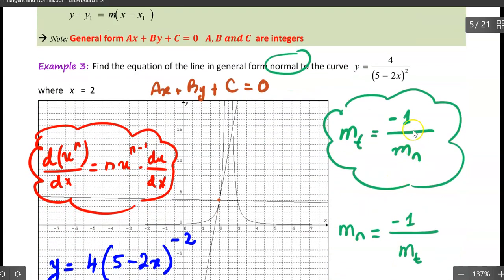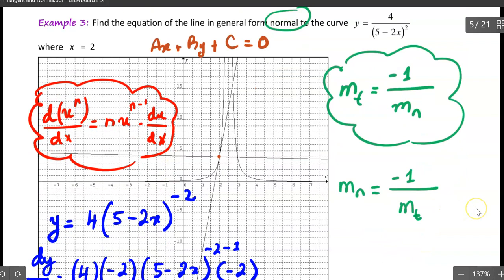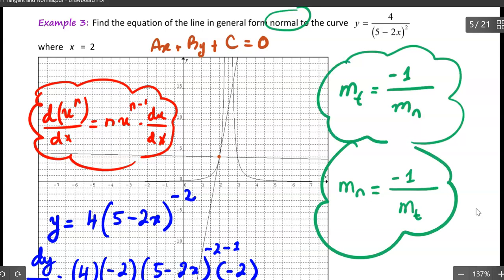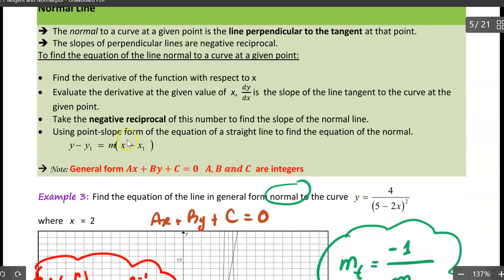Then you have to apply the negative reciprocal, excuse me, you have to apply these formulas here, like the negative reciprocal, to find the correct slope, and then you substitute into this point-slope form equation to figure out the equation either for the normal or the tangent. So this is a straightforward